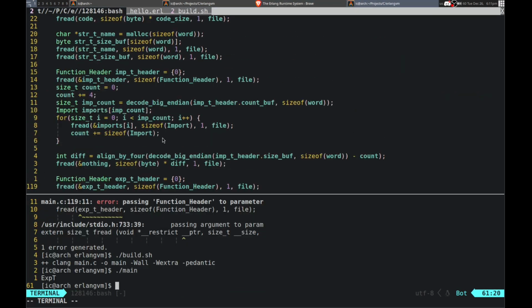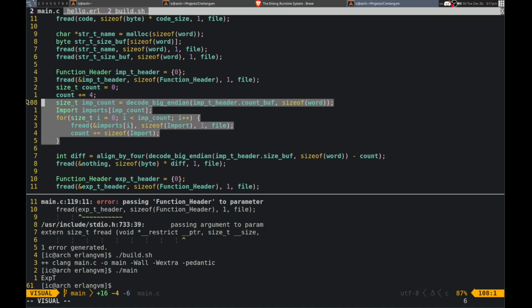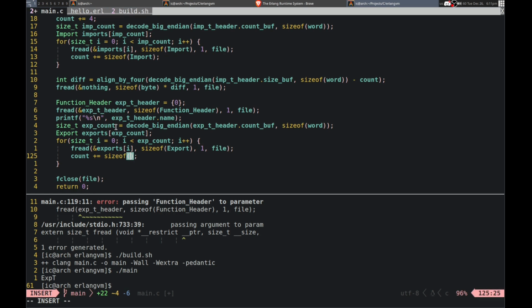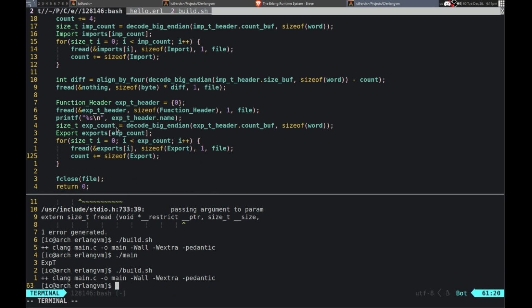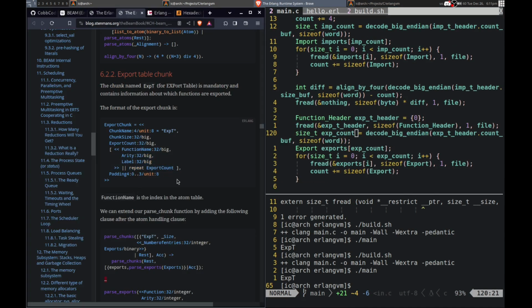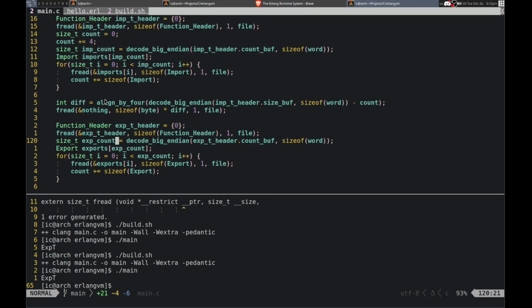And we need to do the same thing that we did up here, basically. This is export count. What's that? But this is the header, okay, and this will be exports. Export count, okay. Size of export. Exports high, okay. Alright, let's see, that should compile then. Like that. And let's see, repeat that, and then, yeah, we have the padding again, so we can do the same thing.